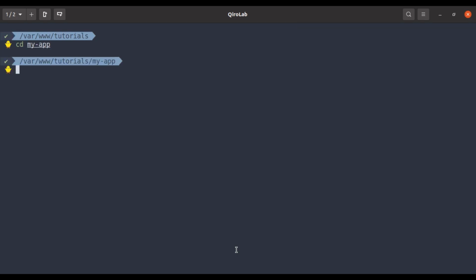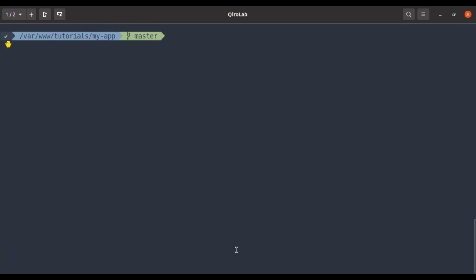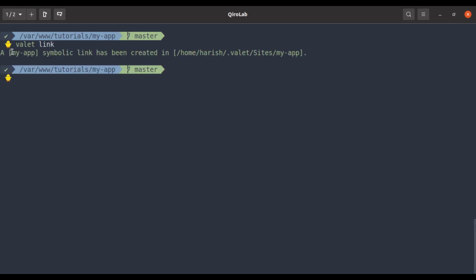Here first I will initialize git: git init, git add, then git commit with the message initial. Now it's done. Next, valet link, it will create the my-app.test domain for this application.